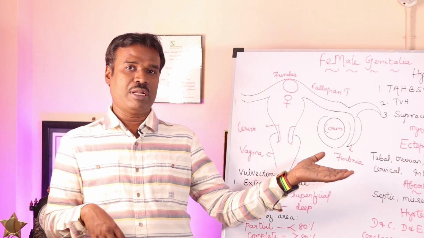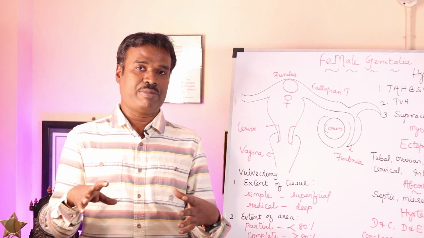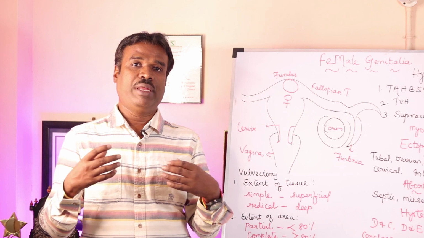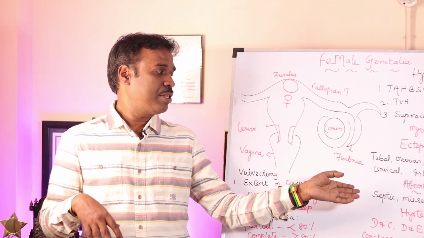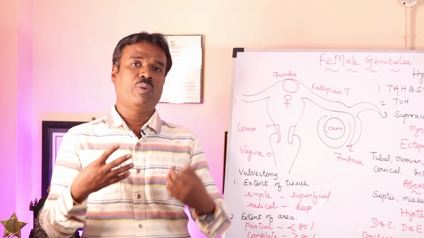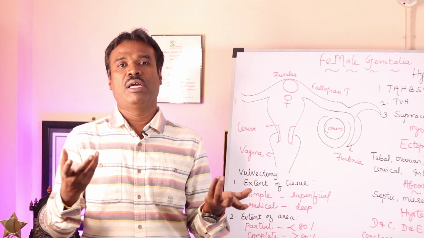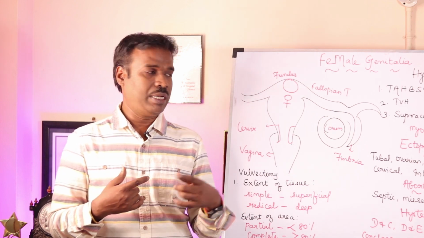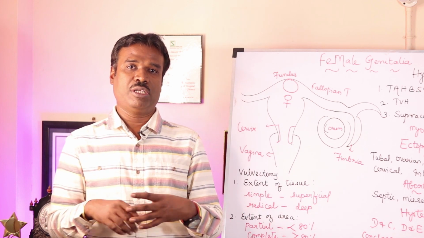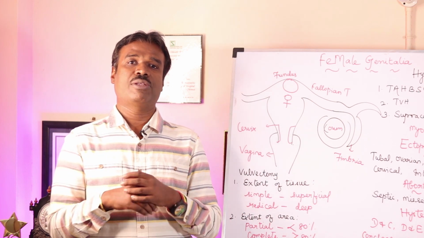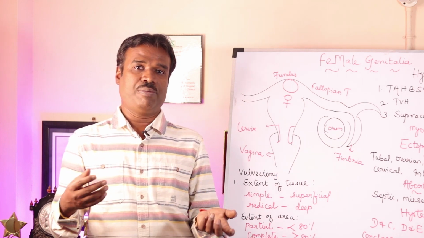There are so many types, like missed abortion, where the patient herself is not aware that she was pregnant, and the POC, meaning the products of conception, goes along with the menses. Next we have induced abortion, where the physician is therapeutically inducing the abortion because there are some chromosomal abnormalities. Or septic abortion, here it is an incomplete abortion, where the POC has not been removed completely and has undergone sepsis and suppuration.